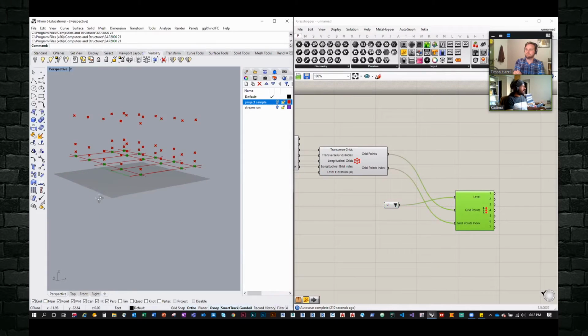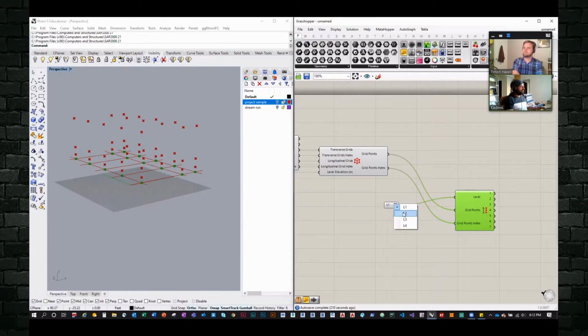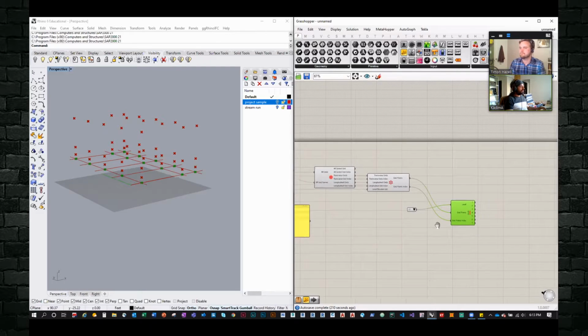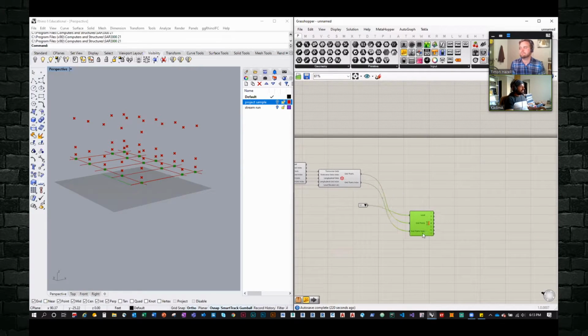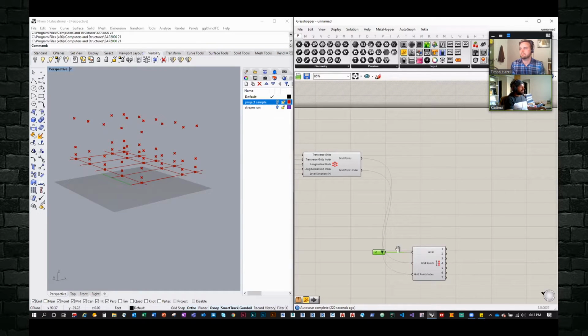And you see now I'm visualizing it level by level, level 2, 3, and 4. So the last step to break it apart is really to visualize it grid by grid.